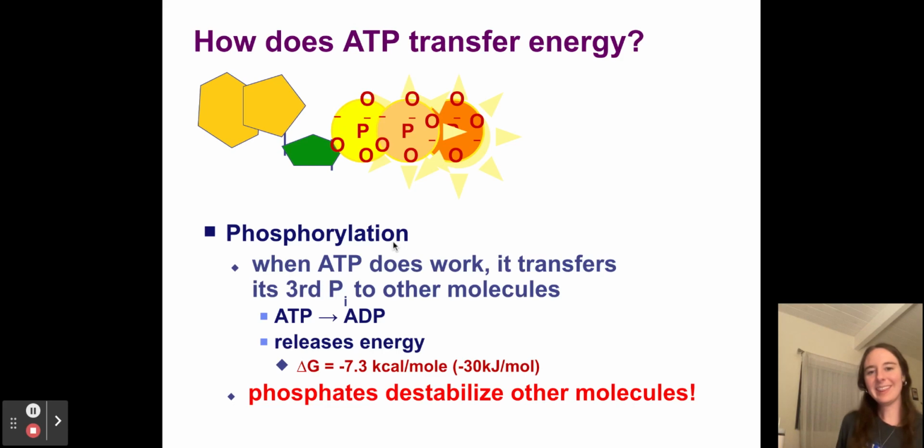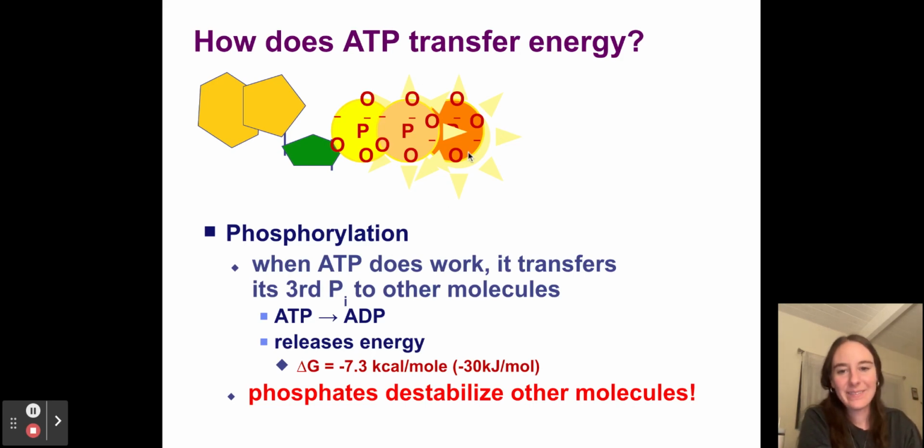Now, you can think of this third phosphate group as kind of like, imagine this ATP molecule is really, really upset with this last third phosphate group. And it basically wants to get rid of it, right? These phosphates, they're not happy with this last one. They want to get rid of it. They're repelled from it. Kind of like if you were to think about someone in a toxic relationship who wants nothing more than to get rid of their partner, right? So what they're going to do is try, as much as they can, to release this